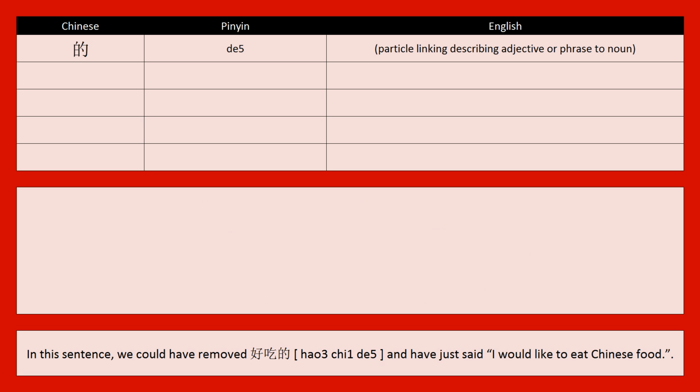In this sentence, we could have removed 好吃的 and have just said, I'd like to eat Chinese food. However, we wanted to use the adjective tasty to describe the food, so it was added with the 的 before the